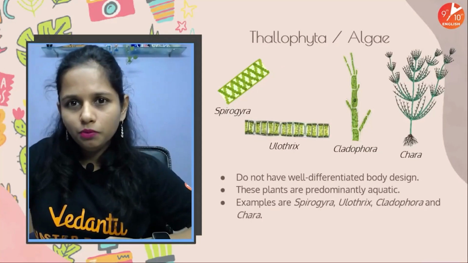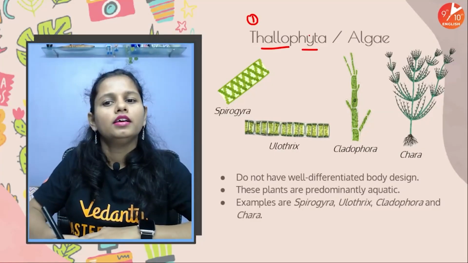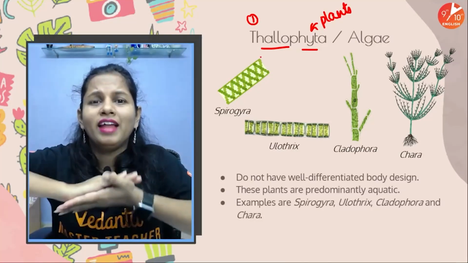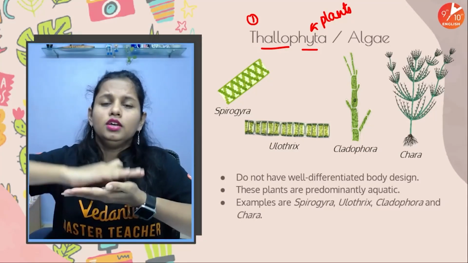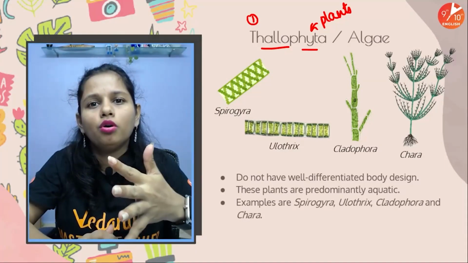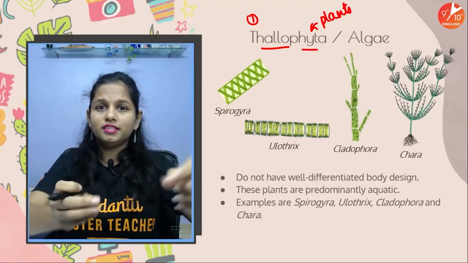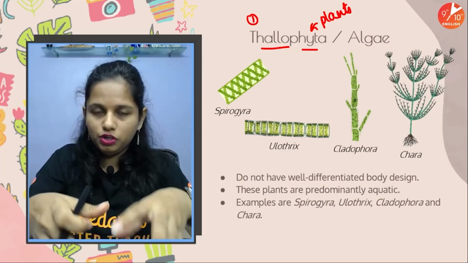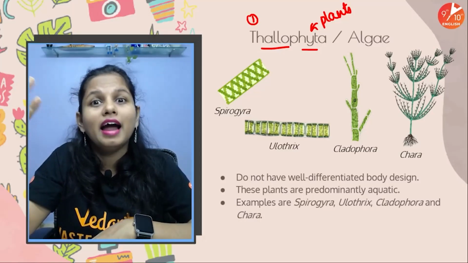Sure. So now people, let's talk about the very first division, that is Thalophyta. People, phyta means plants, okay, and thallus means flat. So the plant body is really very much flat, chapta, okay. So when the plant body is flat, if it is compressed, the plant body will not be differentiated into root, stem, and leaves. See, these are the very first kind of plants which were seen on the planet Earth. So these plants were not that well developed, they were not that well evolved.